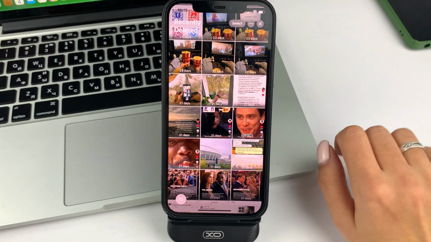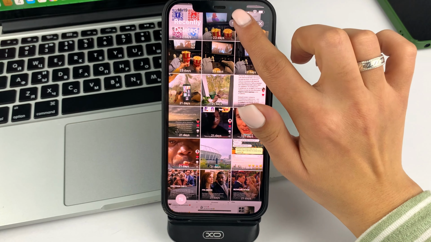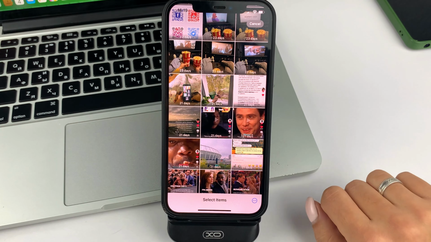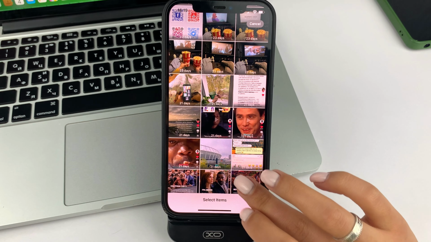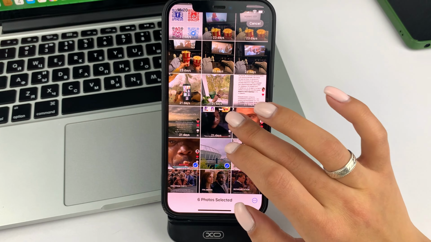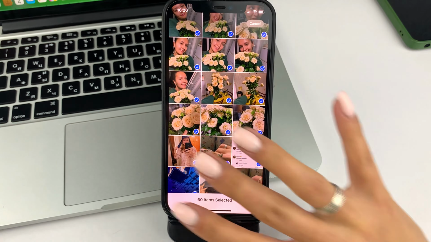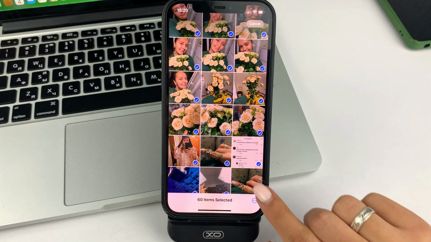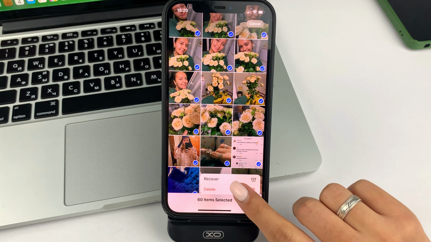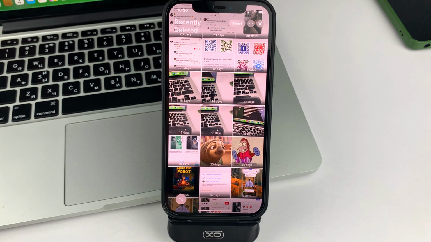If you want to delete more than one file, then I recommend that you select the option at the top called Mark. Now you can select multiple photos. You can also pull on such photos. After you select the photos you want, just click on the three dots at the bottom and select Delete. Confirm your action. And instantly, as you can see, such photos and videos will be deleted from the Deleted Photos folder.